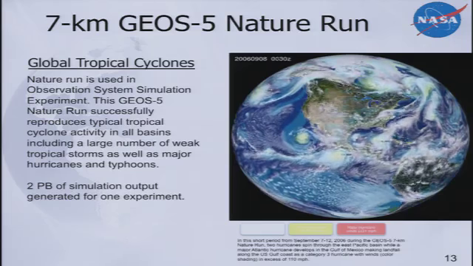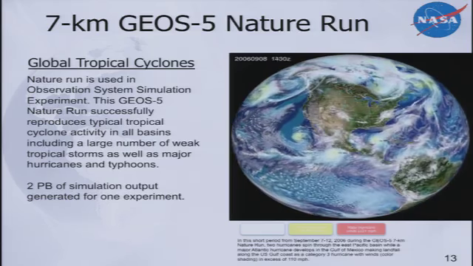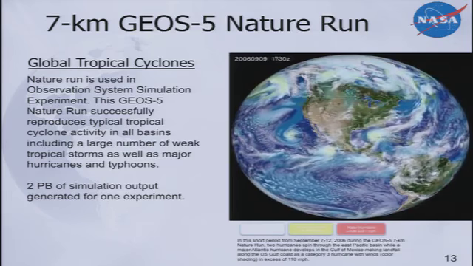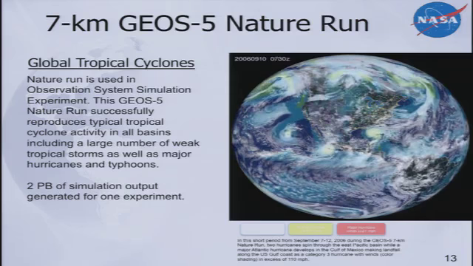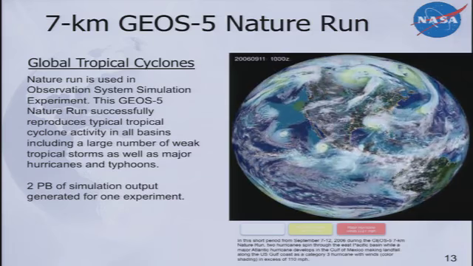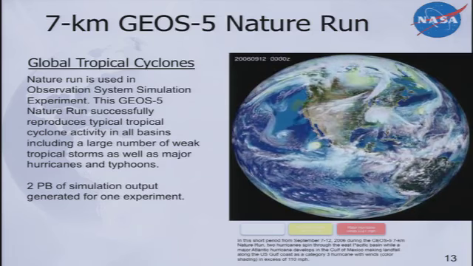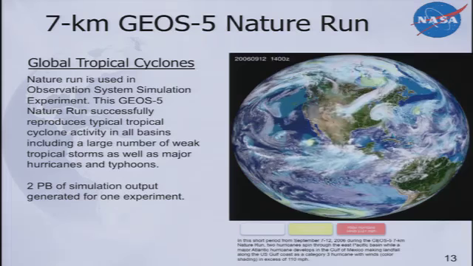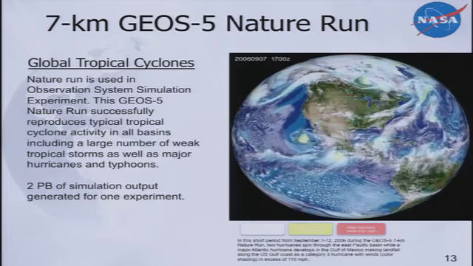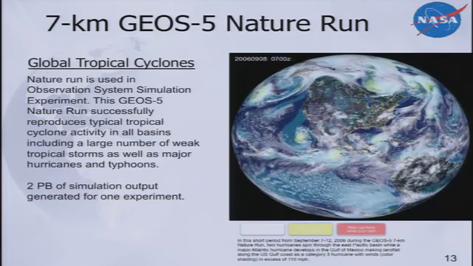So this is just one satellite platform, one instrument. And we use that kind of data and put it into this kind of model. This is the model I showed you at the very beginning. It's a global model. Right now it's a global resolution of 7 kilometers per pixel. So you can see it's pretty realistic right now.